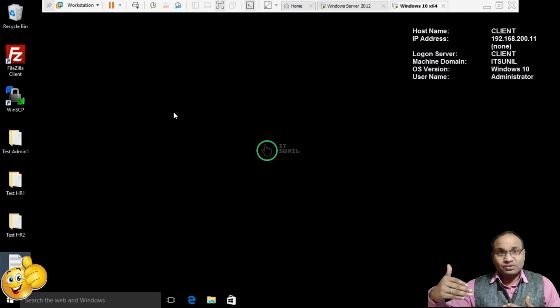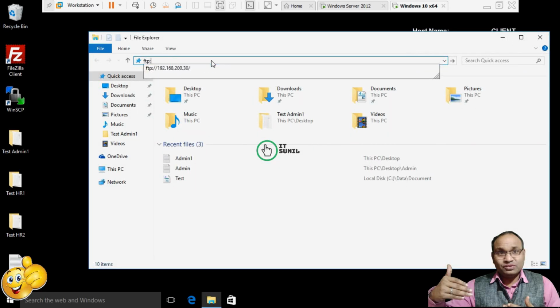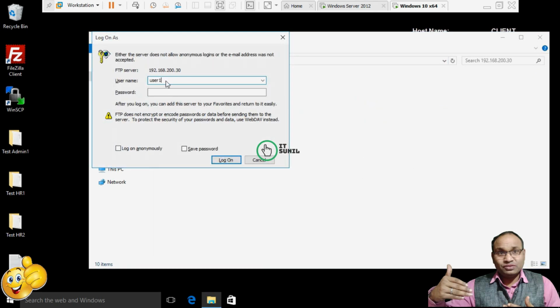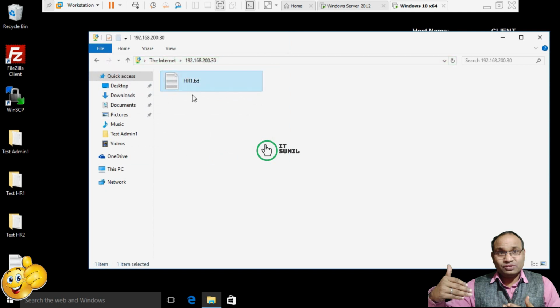Okay, so let's check with another one, like the browser. Type here your FTP server address, ftp:// and the IP. Type here HR1 and the password. Now you can see HR1.